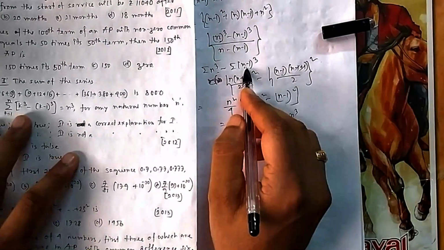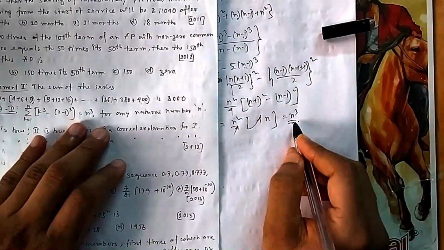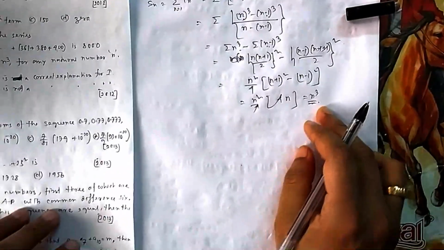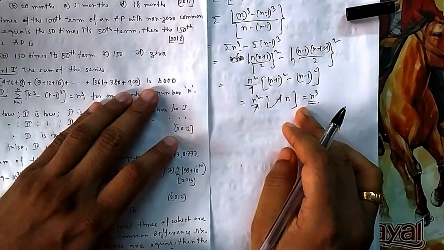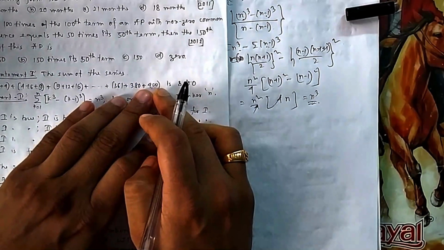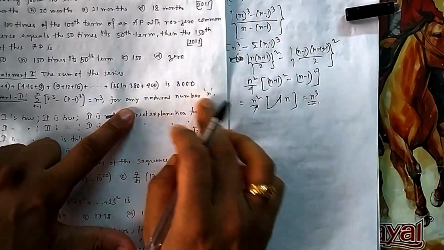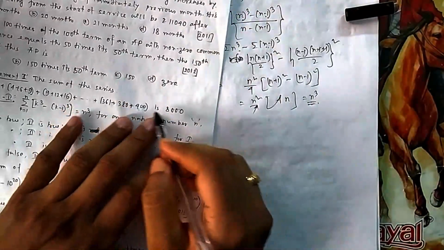Now here you can see by statement 2, it is n cube minus summation of n minus 1 whole cube. It is written in terms of k, which is equal to n cube. So statement 2 is correct, it is coming like this, and using this statement 2 only you can find the answer. So this is up to how much they are asking, the sum of this series up to this much. This is going up to 19 square. That means I have taken this one as r, so I need to find S20, because the last term is 20 square, 400.